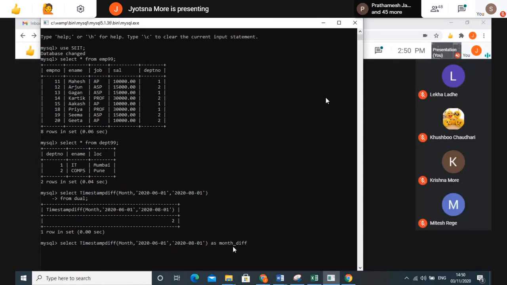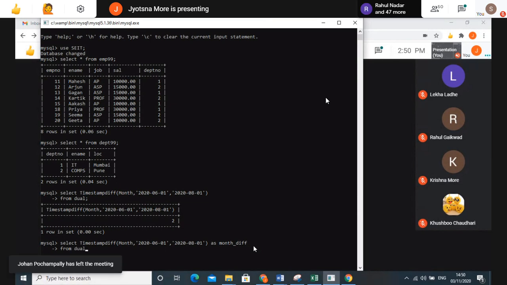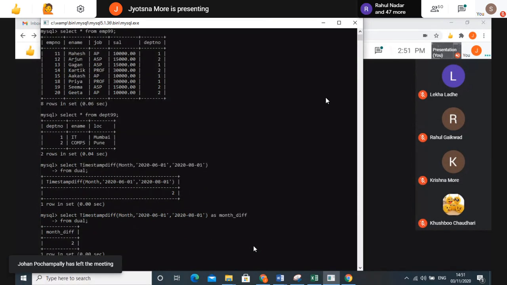You can rename your column name as per your choice, which I'm showing here. Do that query again so that you get a nice name for your result. So this is my final answer to find the month. This is related to your date function, to find the difference between the months.